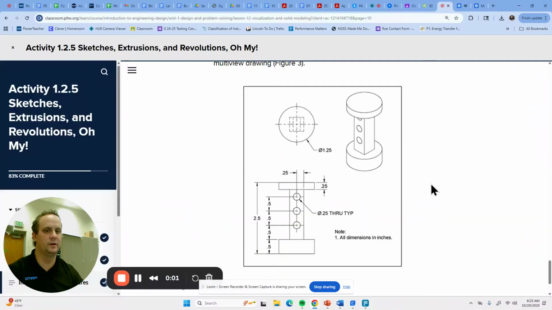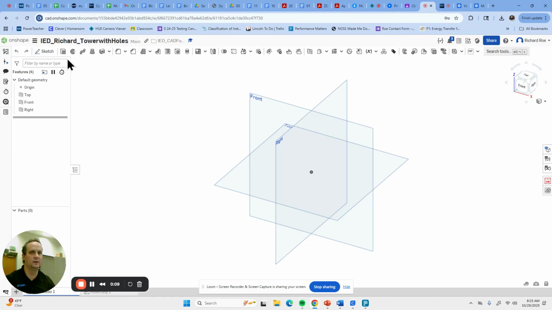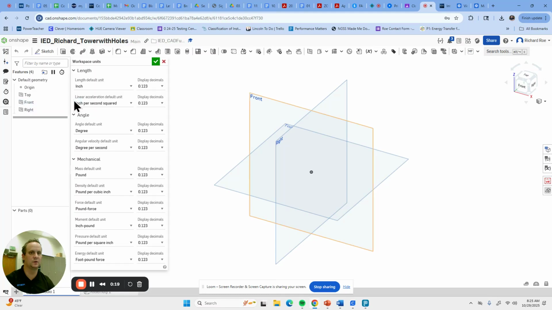All right, welcome back. We are going to get to modeling this feature that I'm calling the tower with holes. We'll go ahead and make this one starting off with a new document, ID underscore first name underscore tower with holes. This one's in inches, so the default is inches, but if you want to check, go to workspace units, make sure that you see inch there